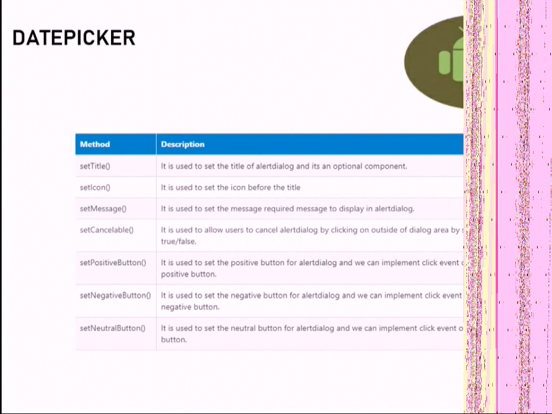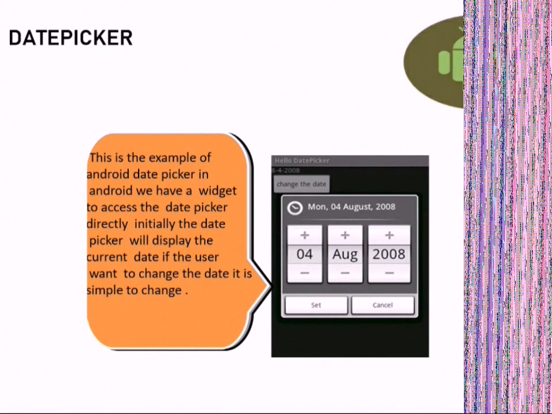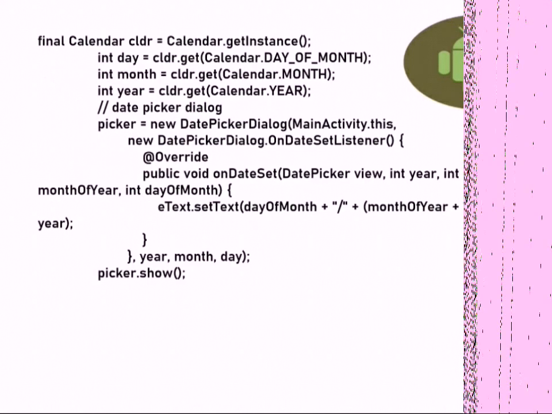With the date picker dialog, you can get the date, day, month and year easily. And there are also two modes available. One is spinner and the other one is calendar view mode. Date picker can be called in the XML part of your UI view, or it can also be called at any particular point where it has to be prompted in your main activity in Java.